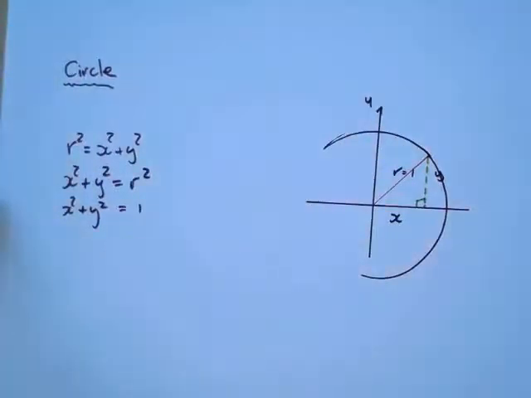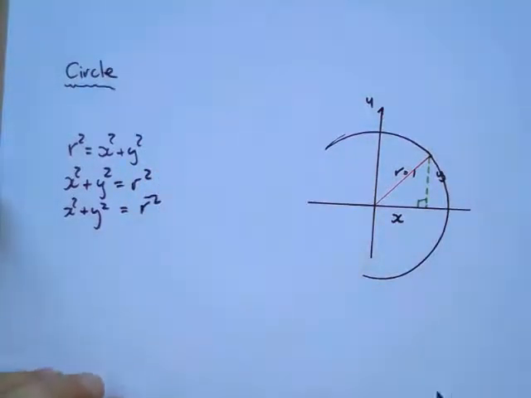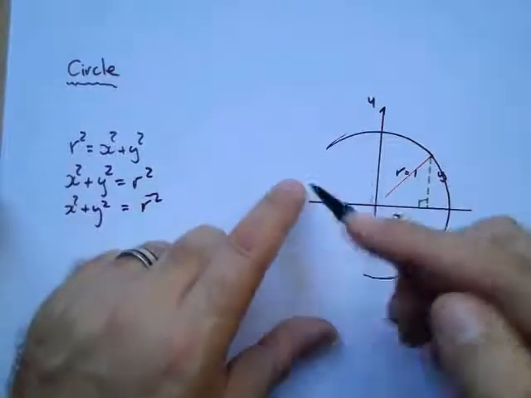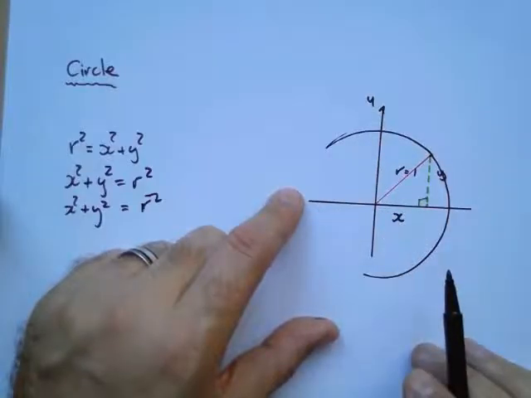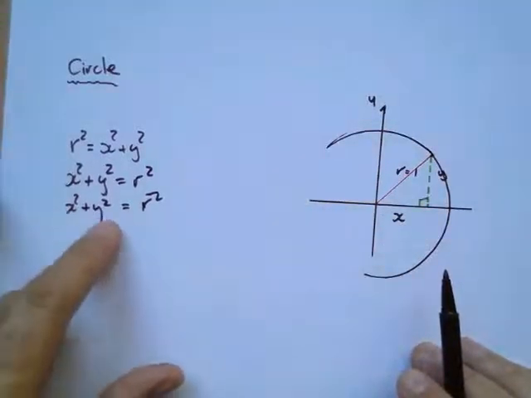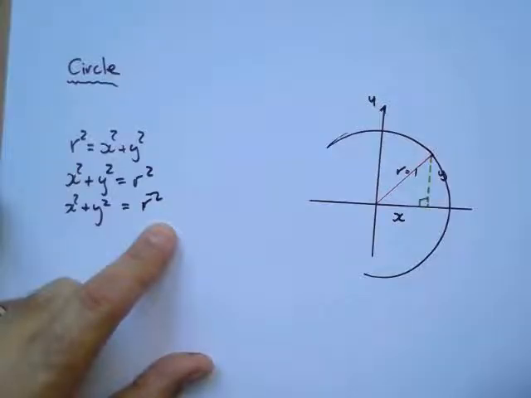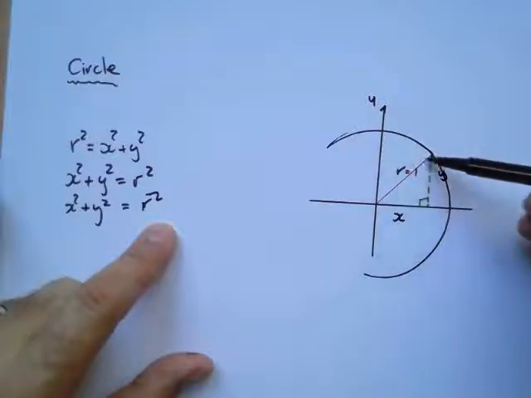And I just showed you why x squared plus y squared equals r squared is a circle. Because the relation between those values is always the same, and it turns out that it is the same distance away from the origin, and therefore x squared plus y squared equals r squared is the relation. It's a many-to-many relation, because for one x value there's many y values, and for one y value there's many